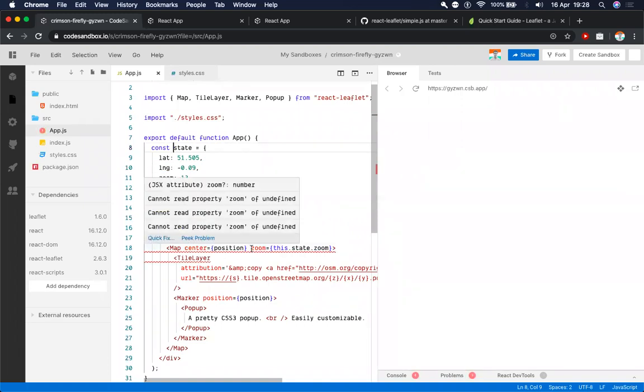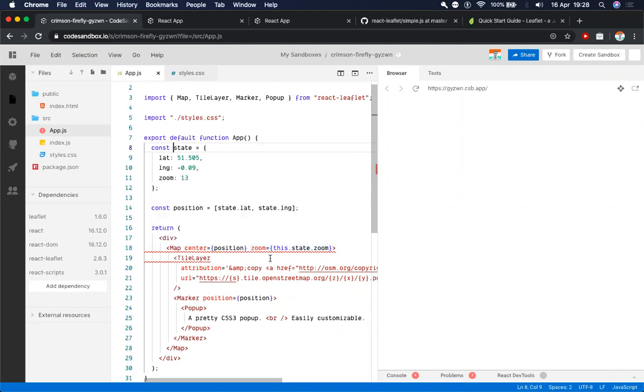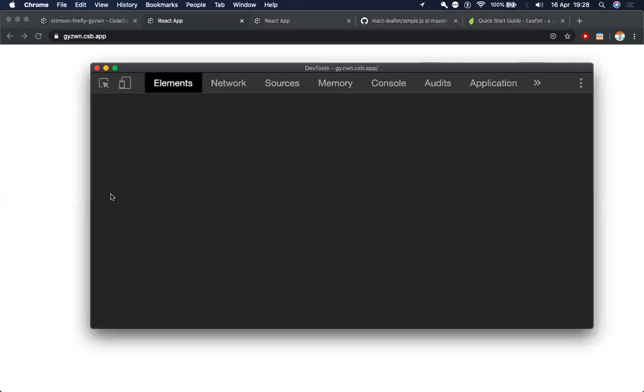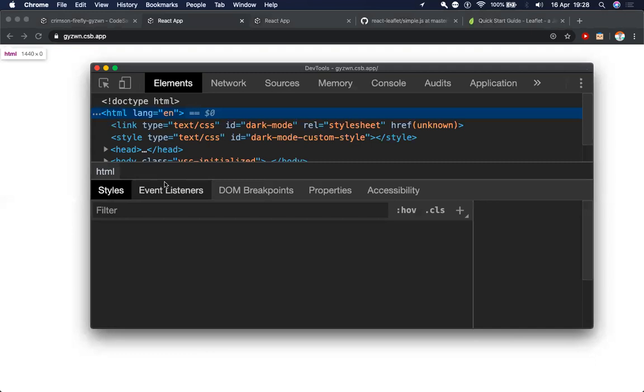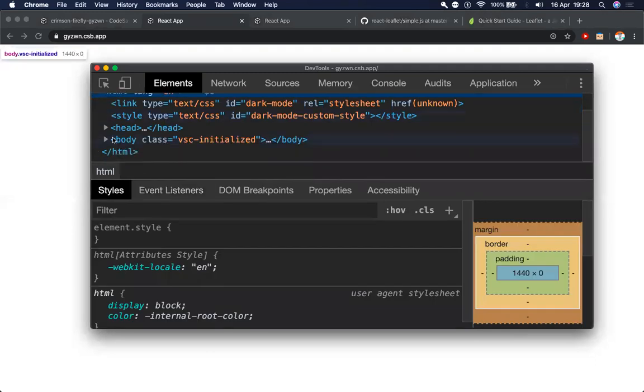And we have imported this. So cannot read property zoom of undefined. We also need to remove this from here. And right now, this is probably what a lot of you would see after implementing React Leaflet. So the thing is that in React Leaflet, they haven't really defined that you also need to set the height for the map element that you have implemented here.